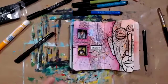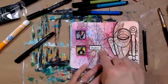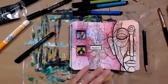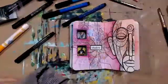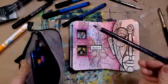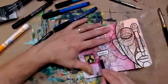I think I want to do something on this page. When I was tracing the lines, I really felt like I wanted a darker value around the word shadow. And I think I'll do that with my Inktense pencils. So this is one of those days where I'm just jumping around with the materials, allowing